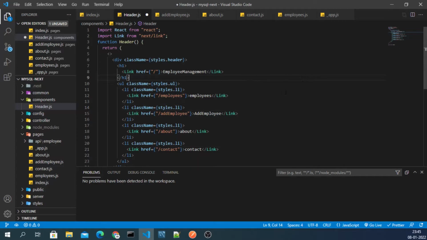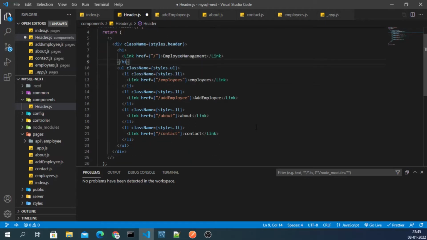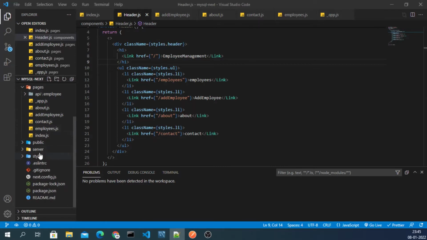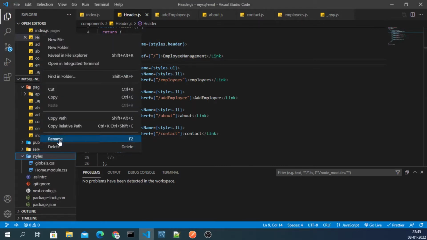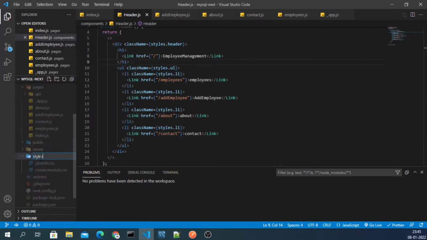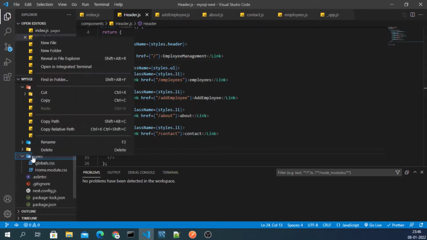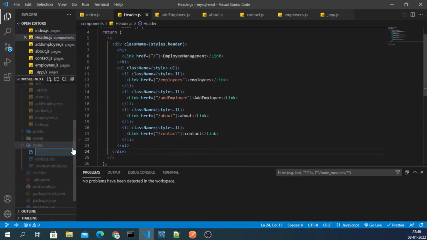Okay, we have given the class names to each element, and the next thing we have to do is create a file inside style.css, and this file will be header dot module dot css, right?